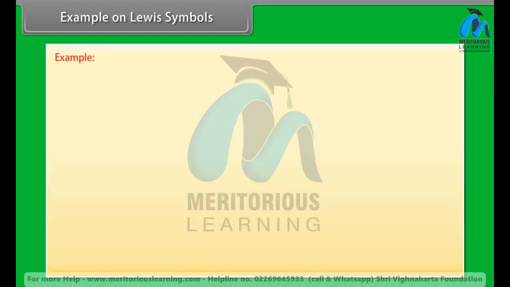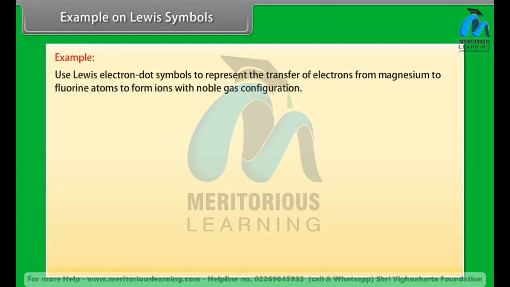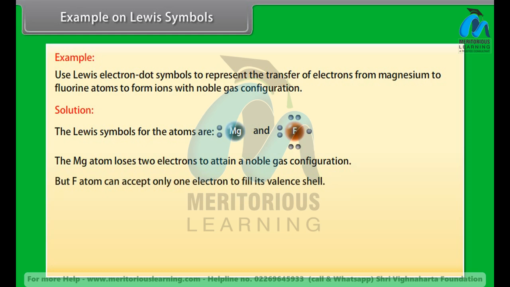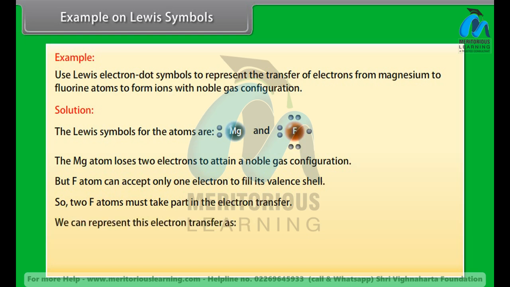Let's take an example on Lewis symbols. Use Lewis electron dot symbols to represent the transfer of electrons from magnesium to fluorine atoms to form ions with noble gas configuration. Let's see the solution. The Lewis symbols for the atoms are: the Mg atom loses 2 electrons to attain a noble gas configuration, but F atom can accept only 1 electron to fill its valency shell, so 2 F atoms must take part in electron transfer. We can represent this electron transfer as